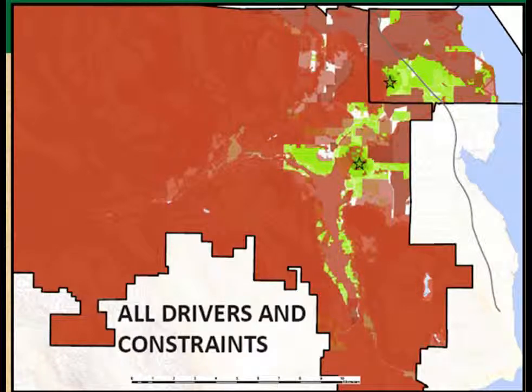Let's skip ahead. It comes up with all the things in red. This is what it's like. All the things in red are where we're not going to develop. All the things in green are where we are going to develop. And the things in darker green are the priority areas. This comes out as a result of what's called preference mapping. So people say, this is where I want development to happen, this is where I don't want development to happen.